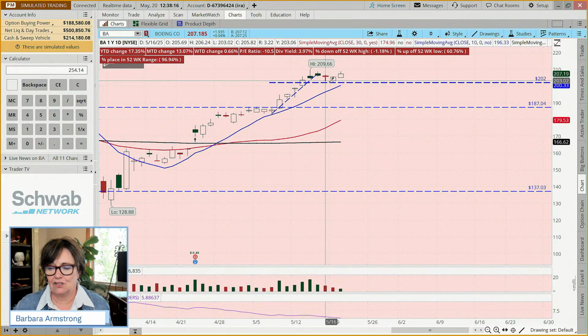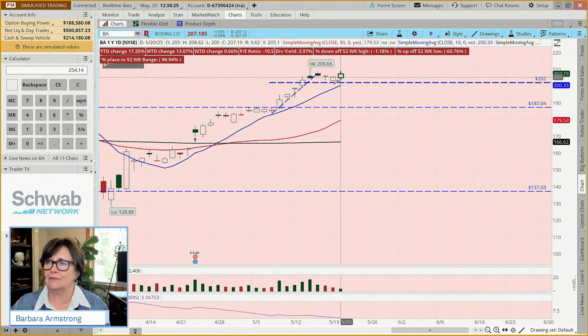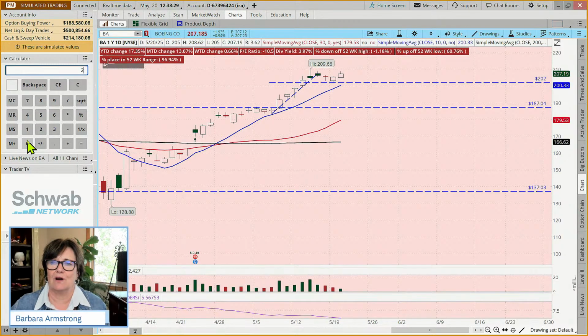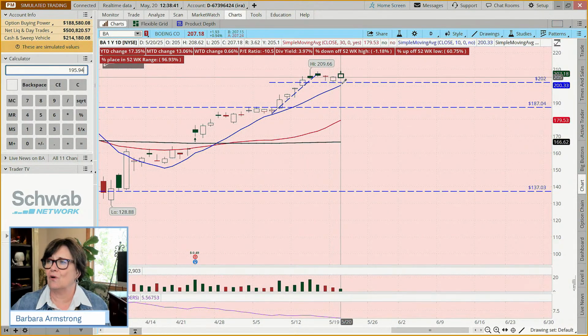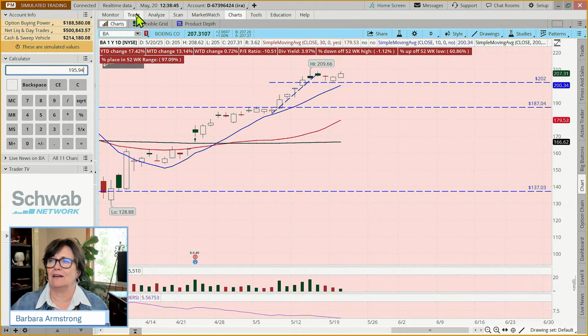And you could do that again using a stock position or an option. And then where might you put a support? If this is support, where might we put our stop? We might say, well, if it's 202, I'm going to multiply that by 0.97. So my stop is going to be at 195.94, and my target is going to be 225.